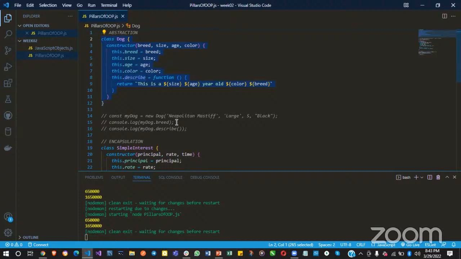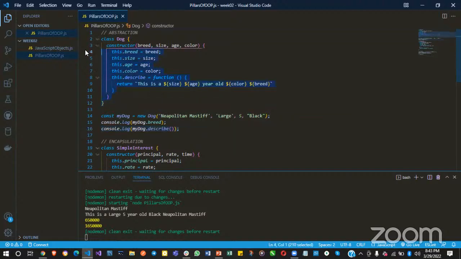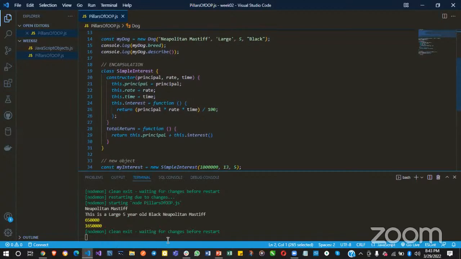So in this place here, where I have initialized a dog, which I would call my dog, I have now given it a breed. So this here is the abstraction, what comes about in defining what a class should be, and then how the class should create an object. So that's abstraction. Then when you're talking about encapsulation,